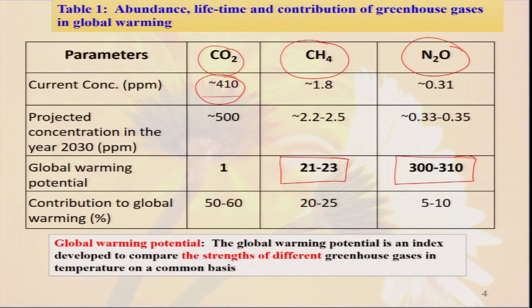So even though their concentration is very low, they contribute 20 to 25% for methane and 5 to 10% for nitrous oxide. So if we can control our methane and nitrous oxide emission apart from CO2, we can reduce our global warming potential. We can reduce the bad impact of climate change on our agriculture and